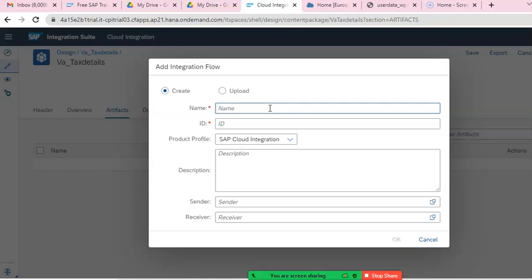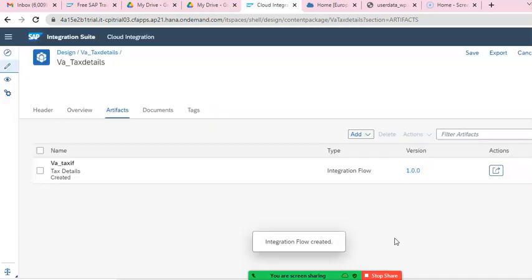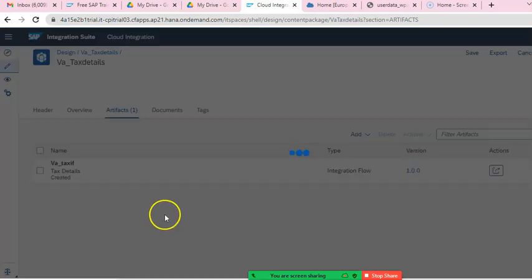I'll give it as something like VA tax iFlow, tax details, for SAP Cloud Platform Integration, and I'm saying OK now. And we get this integration flow here. We'll double click on it,